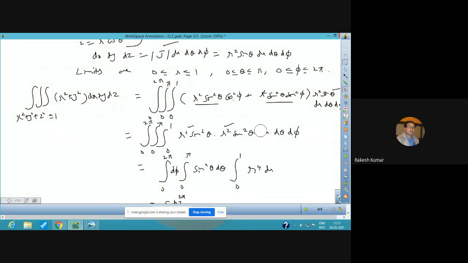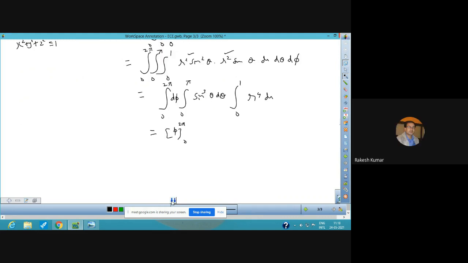Change it. This was written slightly wrong; there is no square here, there is a single sine theta. If you have a single sine theta, then here a cube should come. So remember here we have sine cube theta, and this can be written 0 to pi by 2, that is 2 times sine cube theta d theta, and that will be r raised to power 4, that is r^5 over 5 within the limits 0 to 1.